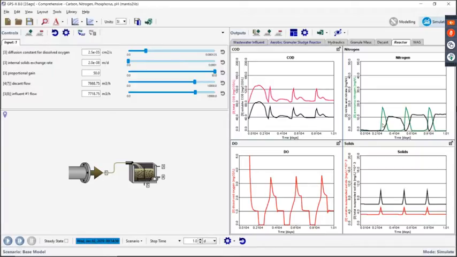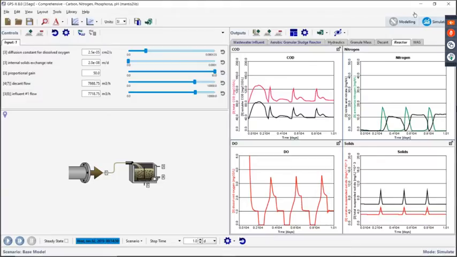And we can see in this graph here, green is the ammonia. So periods where the air is on, we're seeing some nitrification happening. All that ammonia is starting to be removed, and we're generating nitrate, which is the black line. And then that's undergoing some denitrification here during the anoxic periods. So as those things go back and forth, we can then use the various parameters to look at the capacity of what this particular granular sludge reactor would be able to treat.